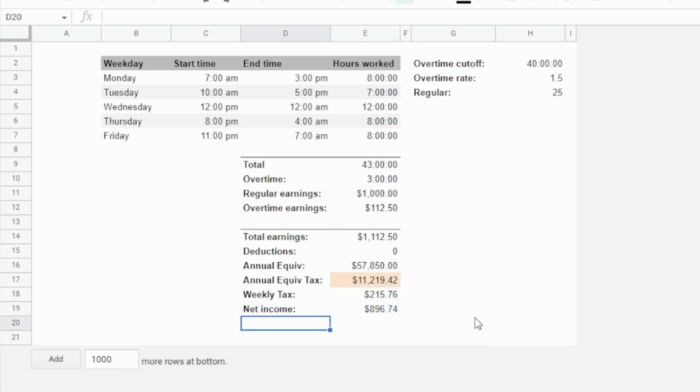And make sure you do have two sections for deductions. You've got the pre-tax deductions and then the after-tax deductions. So make sure you know which is which. So our net income, the amount we take home in this case, is